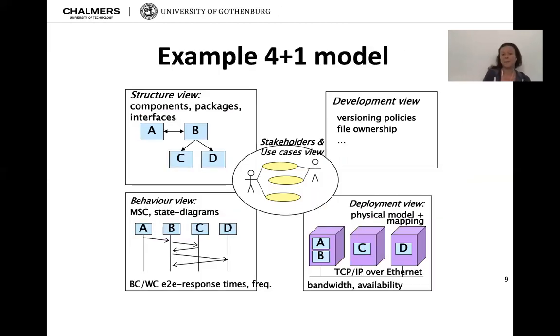So, for example, the structural view can be in class diagrams that have components, packages, and interfaces. We already did class diagrams. The development view has some versioning policies and file ownership, so that's more codey stuff. And then the deployment view has the physical model and mapping. So we have, for example, TCP/IP over Ethernet as a connector, and then the different components that get deployed for